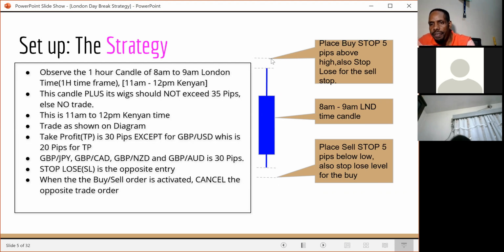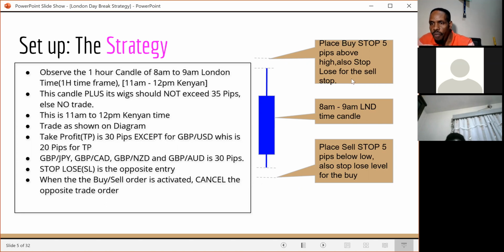pips above the high of the market. That is above the wick, the end of the wick, right here, okay? If you can see what I'm pointing at, that's what you do. So you place a buy stop above at this point, and for this particular buy stop, its stop loss will be 5 pips below the low of the market. That's why here I've said that the buy stop is placed 5 pips above, and it is also where you place your